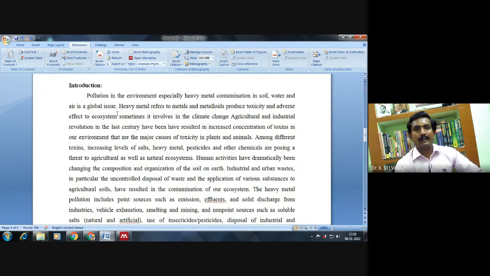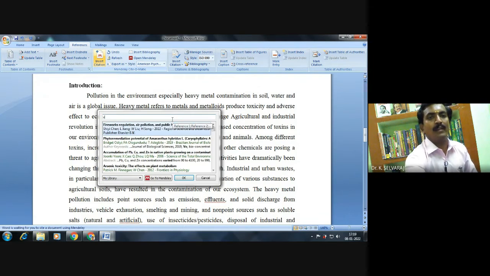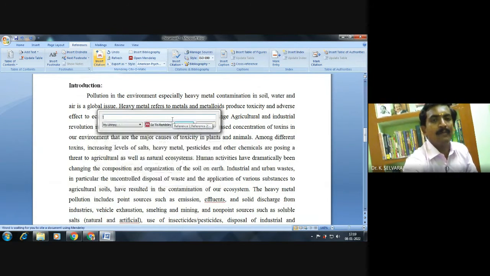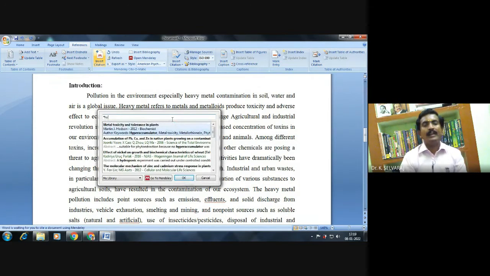So I click the reference format. Then I add a citation. Where I want to add the citation, I put the cursor there. Then I click Insert Citation. If I click Insert Citation, it goes directly to the Mendeley home page. In the Mendeley home page, I simply type the author name or article title. For example, if I type phytoemulsion, because these articles are already stored in my Mendeley software. Only stored references can be added here. So before we add references, we should store our collection of references in Mendeley software.